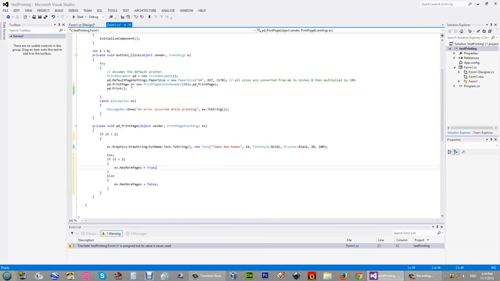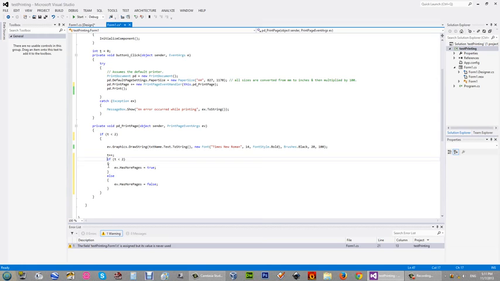Now what this print document class will do is, it will again call this print page method. Then it will again come to this if statement. Now t is 1, so 1 is less than 2. Now that condition is true. Then it will again draw the same string, and it will again increase t by 1. Now the current value of t is 2. Now when checking whether t is less than 2, this condition becomes false.